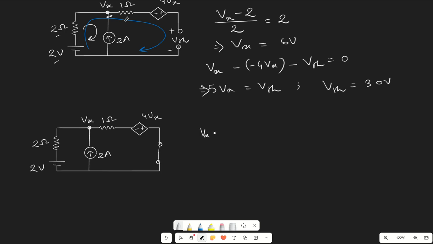So it will be (Vx minus 2 volt) divided by 2. Then this is in the opposite direction, because in nodal analysis we consider current is moving out, so this will be plus of minus 2. Then we have plus of Vx. This will be plus 4Vx divided by 1 equals 0. So from here we can solve for Vx. So Vx is